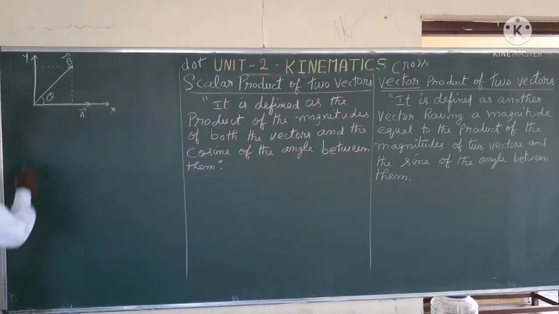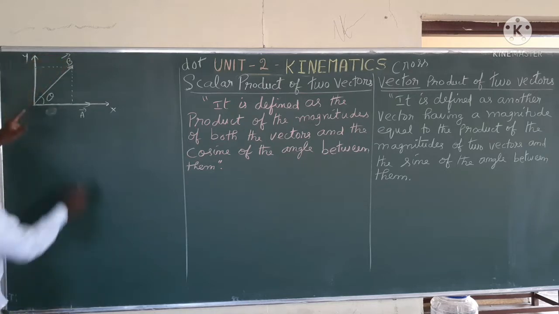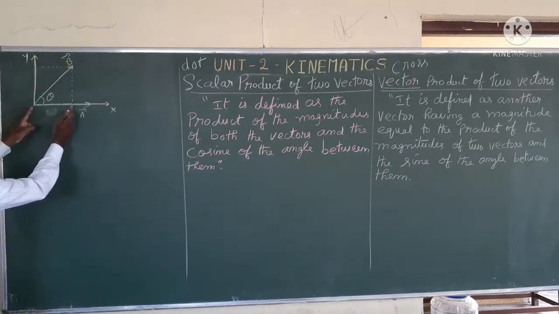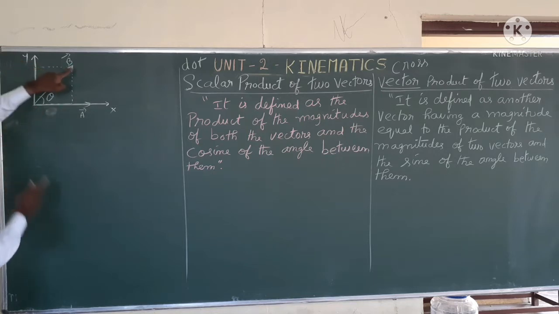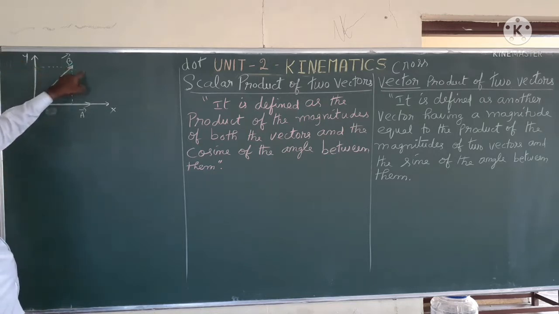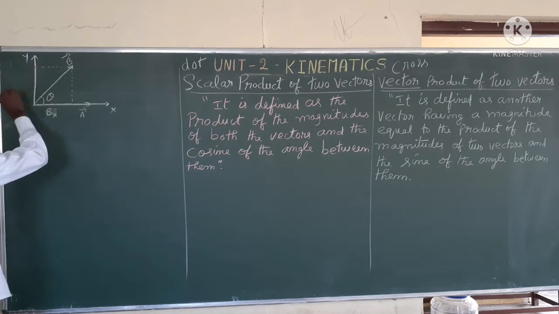Okay. Now what is cos here? If I want to find out the position, I want to know the length of this as well as the length of this. If I know these lengths, then I am able to find out the position of d. Let this length be dx, and this length be dy.